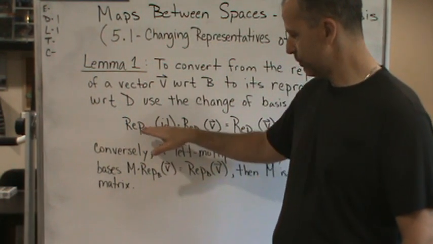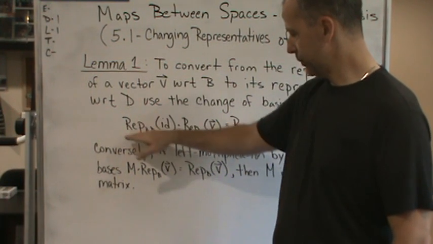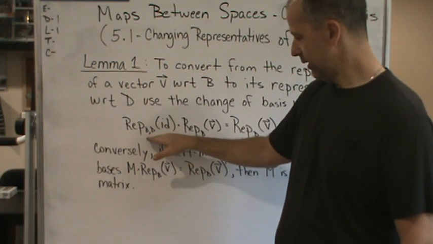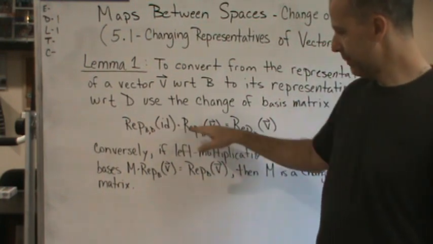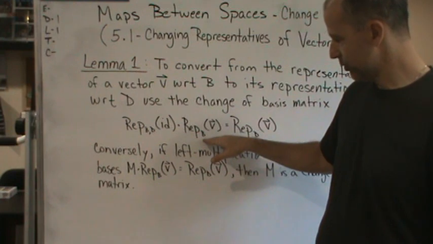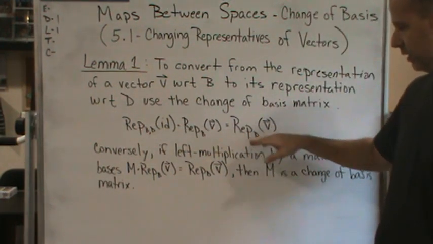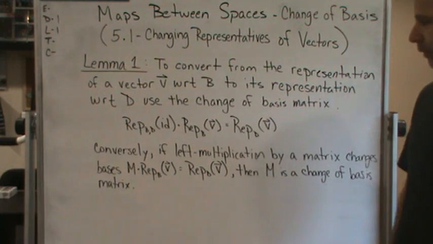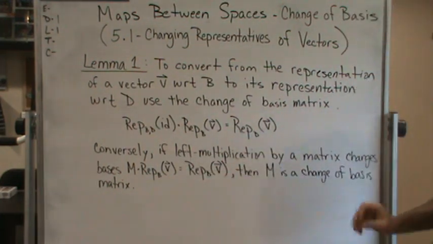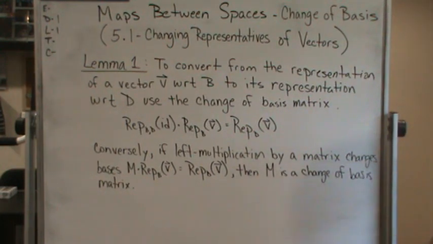the representation by the change of basis matrix, right? And so we're going to multiply the representation with respect to B by that to get the representation of the vector with respect to D. Now, conversely, if left multiplication by a matrix